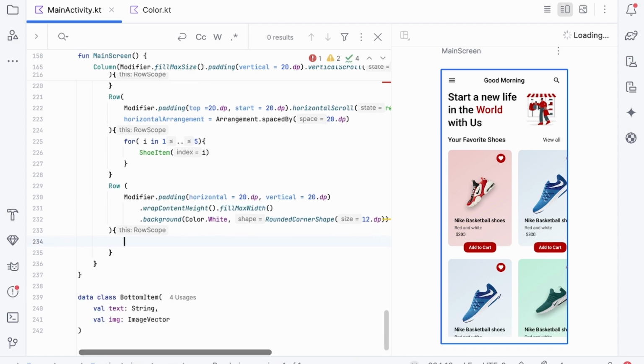Once this is done, I'm going to use items